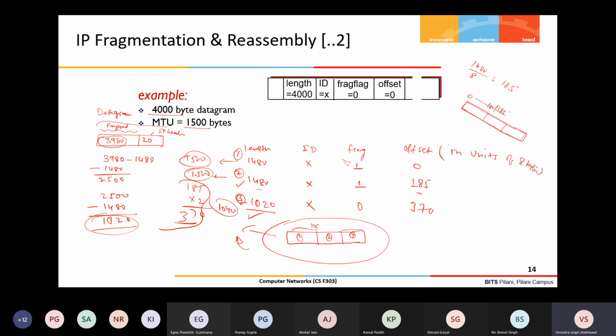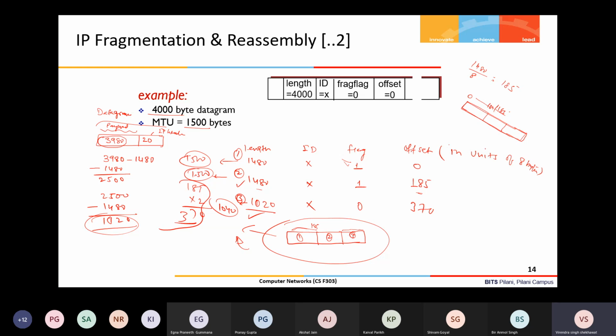A malicious user can send the fragmented datagrams without sending the last fragment, that is, without setting the fragment flag value to 0. Then the receiver is always waiting for the last fragment, and the attacker is not sending it. This kind of attack is very common.